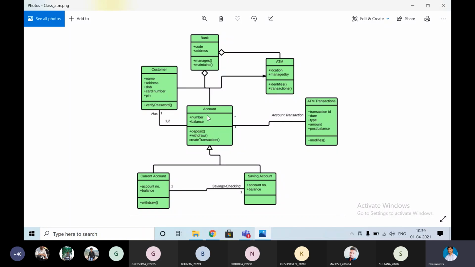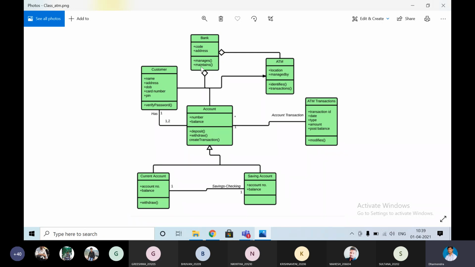The account number will be there, account balance will be there, account holder details will be there. If you are taking the total account, not only a specific user but the accounts of all users, we are treating it as a module, then account number and balance are the minimum attributes they kept. Deposit, withdraw, create transaction, that information they kept as operations.